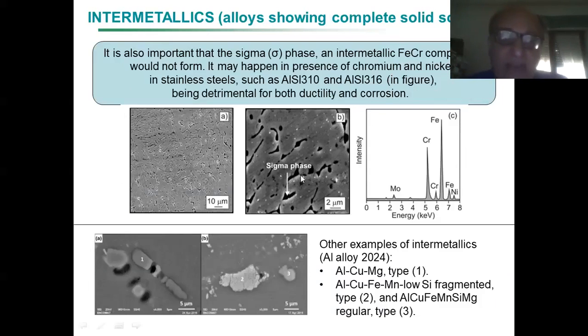Even so, we have the formation of that sigma phase, which in practical terms creates an accumulation of chromium, which creates a problem of corrosion, because we needed to have 18% of chromium in stainless